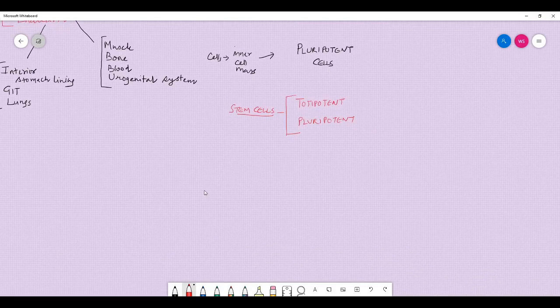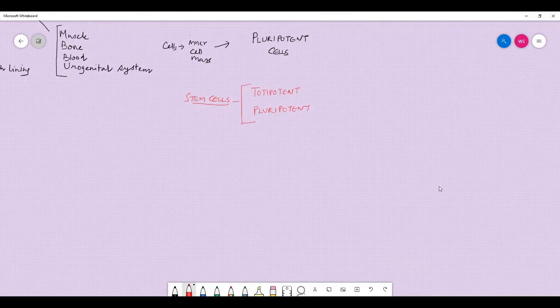Let's define stem cell then. Stem cells are cells derived from multicellular organisms,